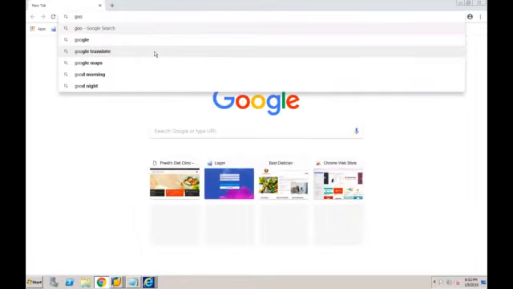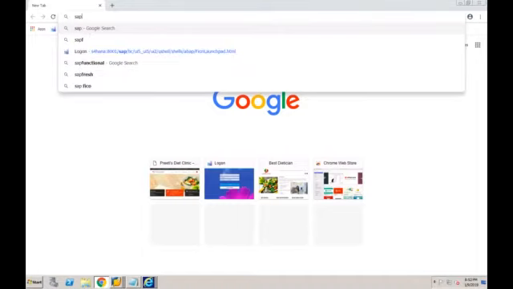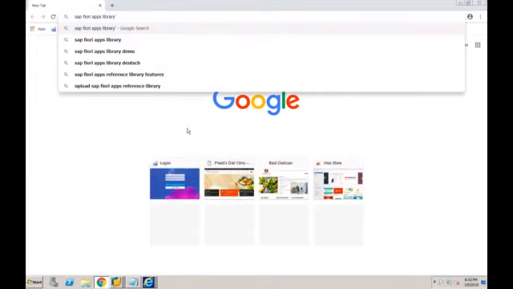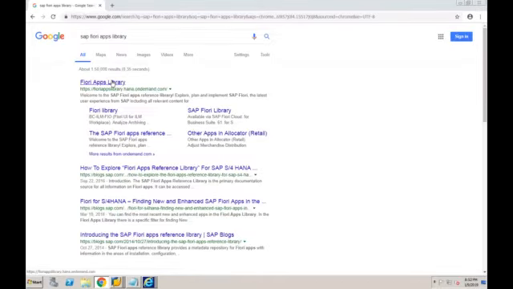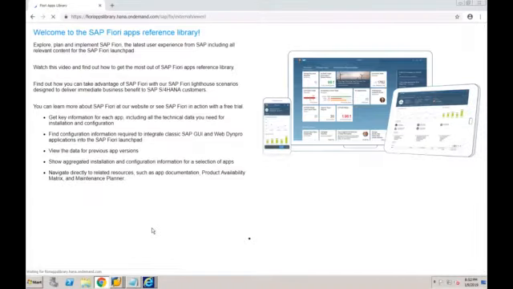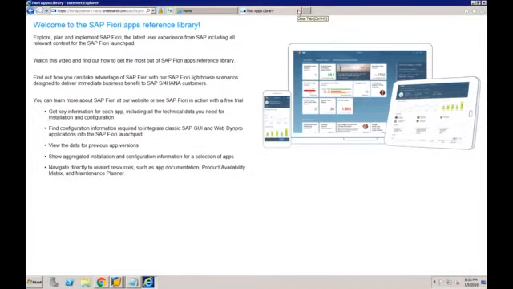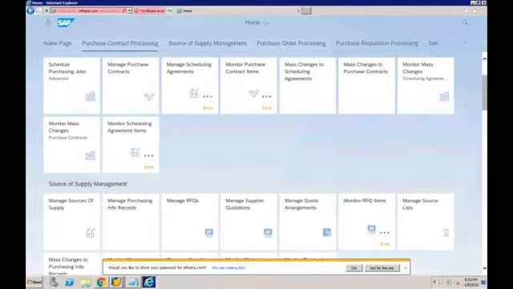So SAP Fiori apps library. Click on this. I think it is open even now. No, not yet. So let's close this and see. Yeah. Okay, so you can see it is giving you the collection of all the apps.